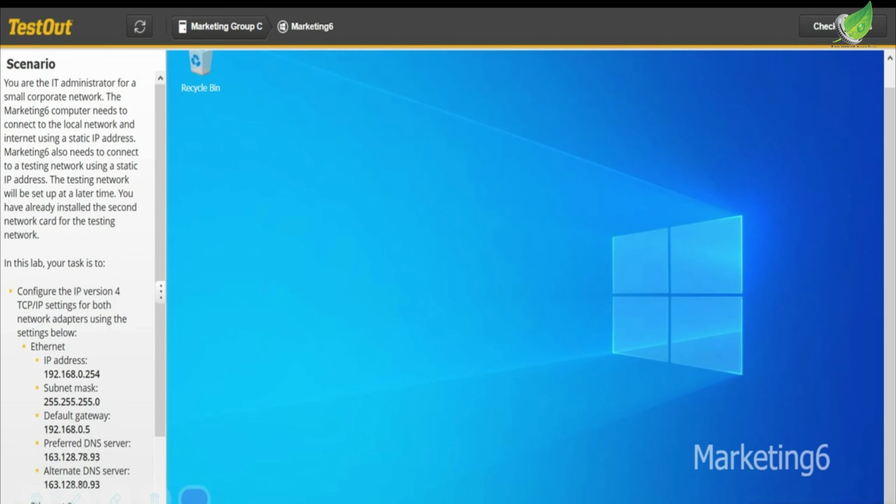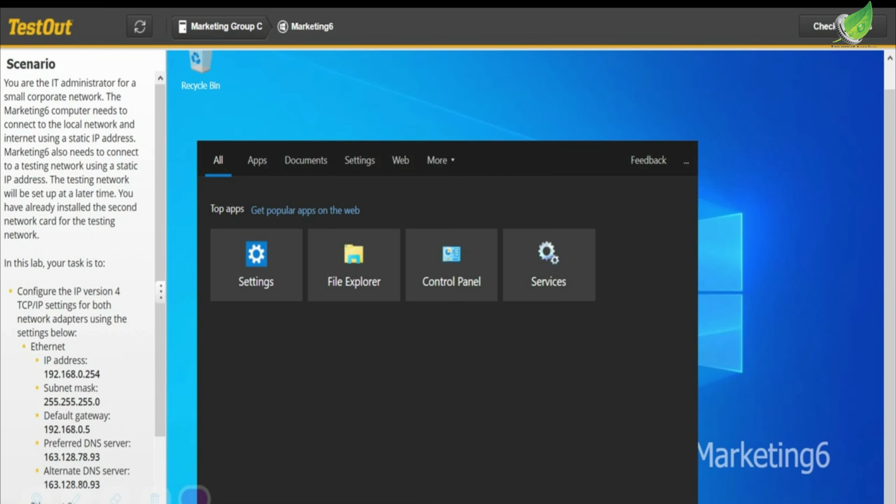So in this lab, the task is to configure the IP version 4 TCP/IP settings for both network adapters using the settings below. And okay, so I guess we start right away. We go to the start menu, and under the start menu we want to, let's see,